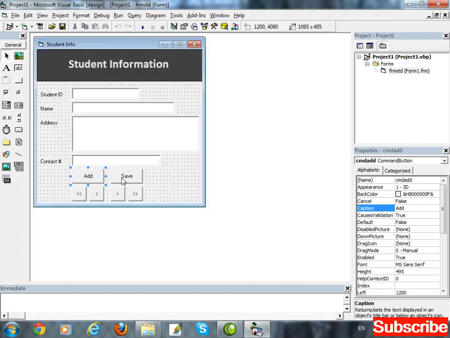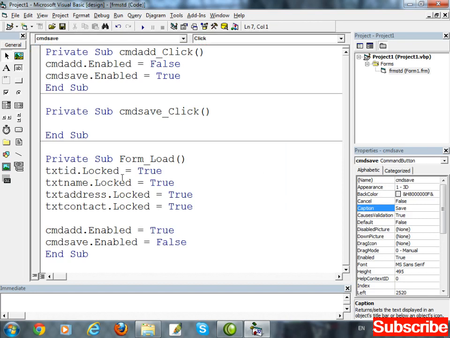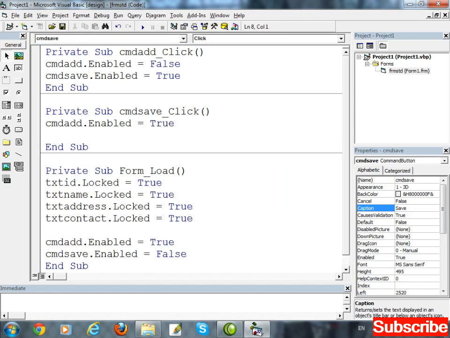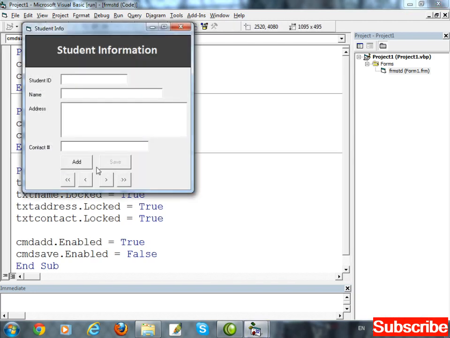Again the same code on save button: cmd add dot enabled equal to true, and the save will be disabled. Start project and check. Save button is disabled and these text boxes are locked. I am going to press the add button. So the next one is enabled.